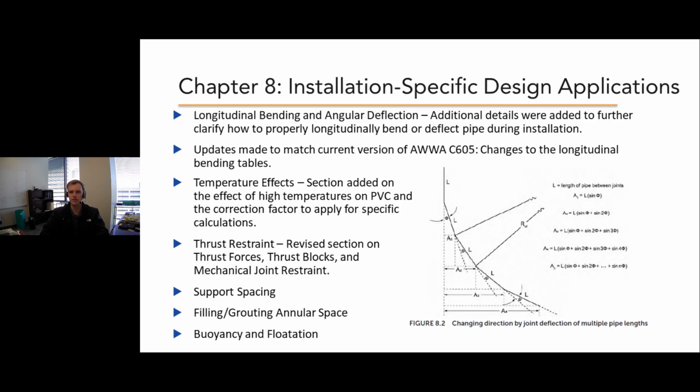Chapter 8 gets into installation-specific applications. So these discuss directional changes, temperature effects, thrust restraint, stuff like that. Some of the things that were changed, the biggest change here really was with regards to longitudinal bending tables. The industry recently updated the AWWA C605 installation standard for longitudinal bending. The old version showed DR18 8-inch pipe in DR18 and lower pressure classes, so thicker-walled pipe, to be bent,